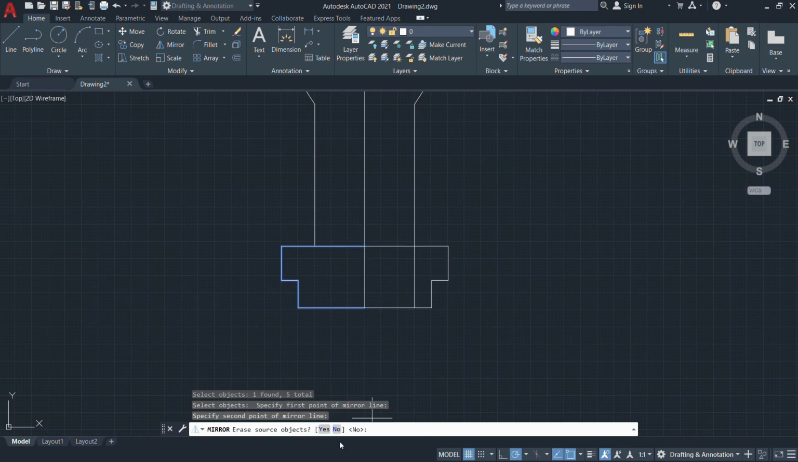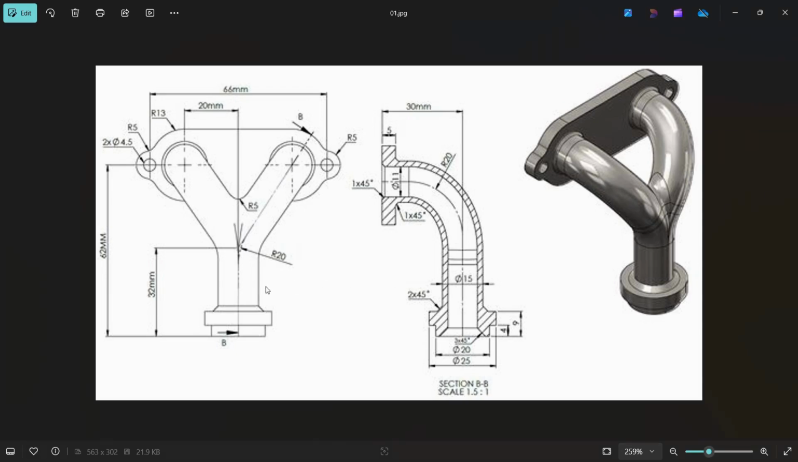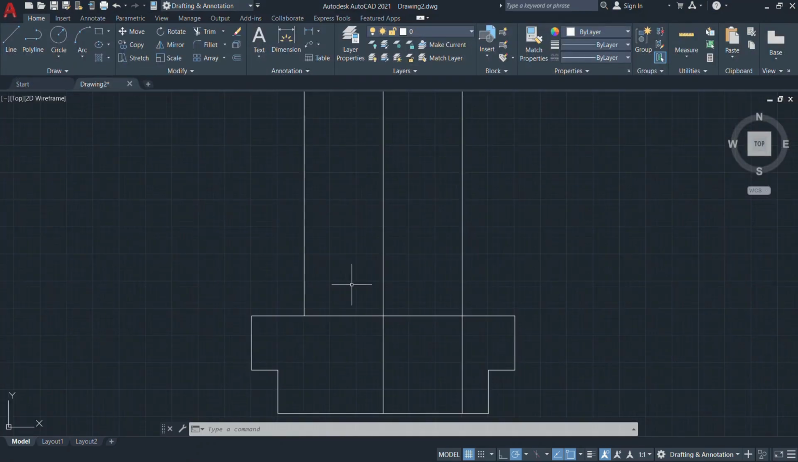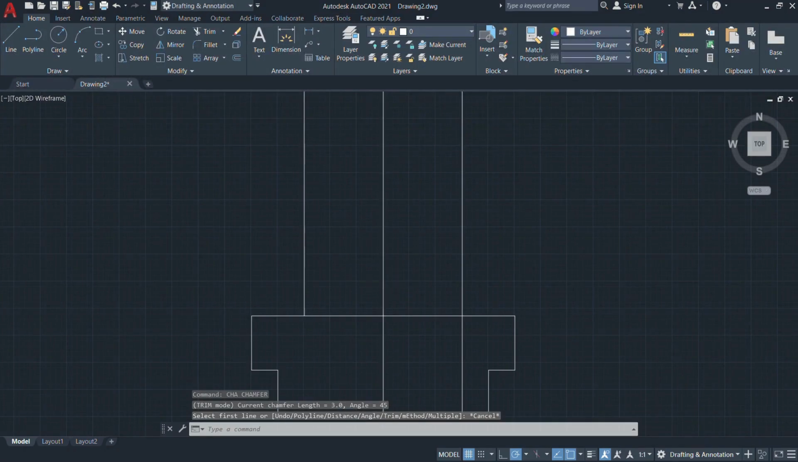Based on the vertical reference, the entities mirror from left to right regions. Then form a chamfer portion at the particular area. The chamfer is nothing but the dimensions of 2 into 45 degree. Type a command of CHA and select angle type and mention the dimensions: 2 is the distance, 45 is